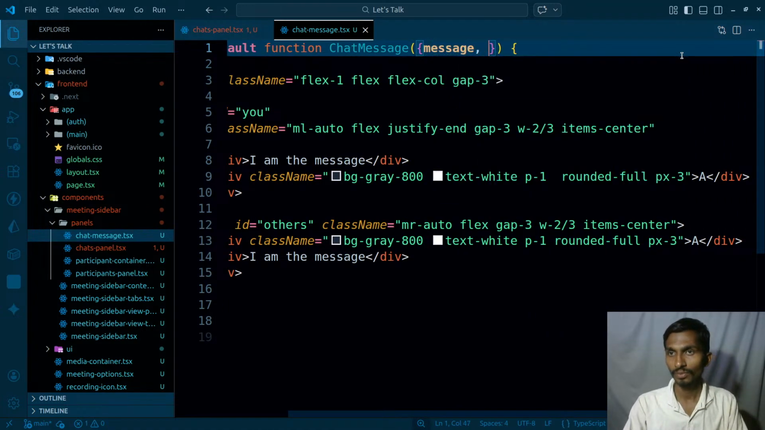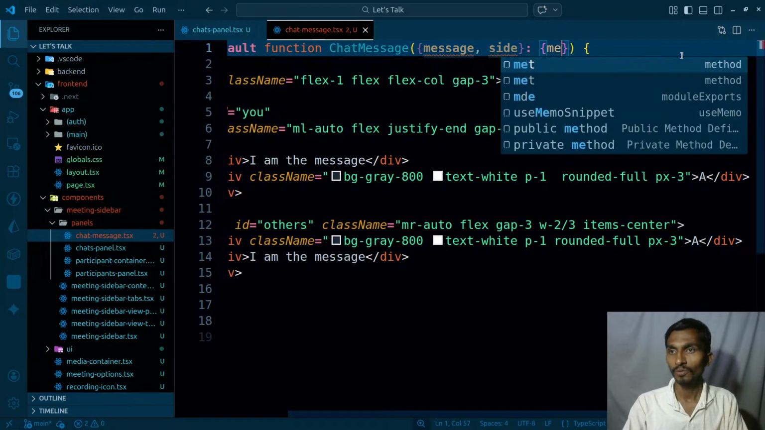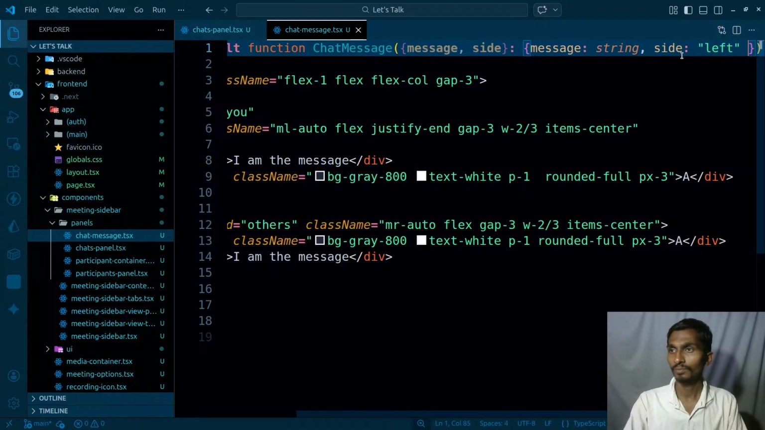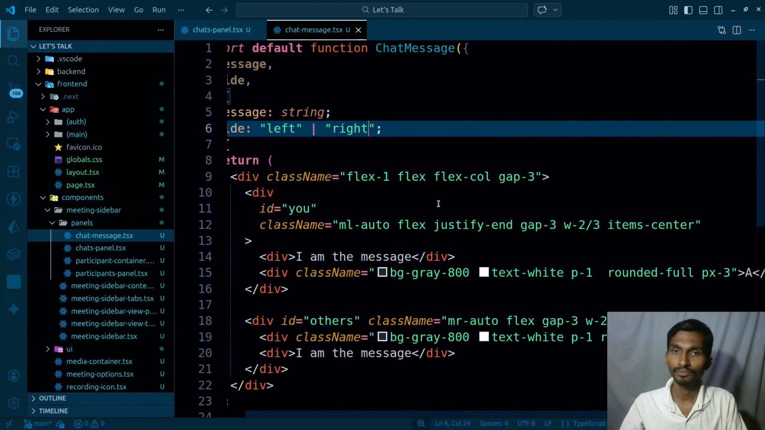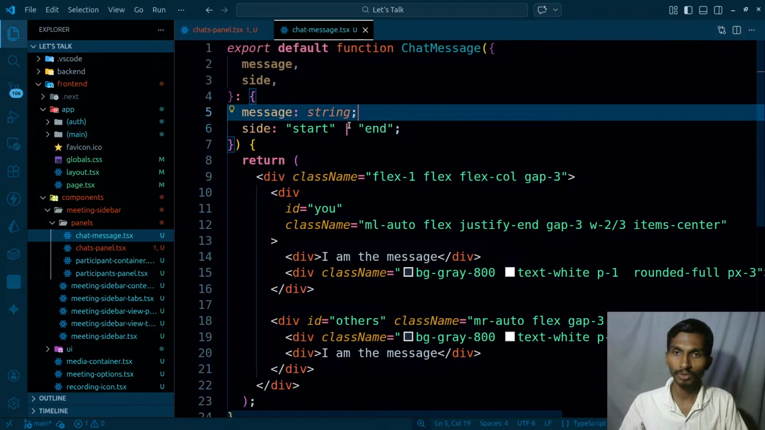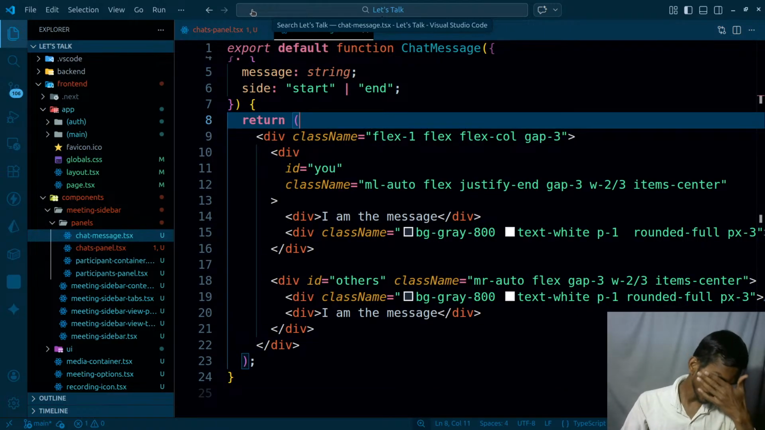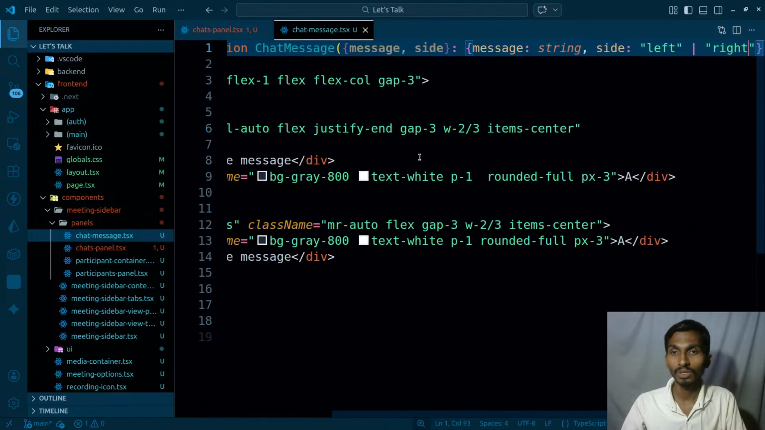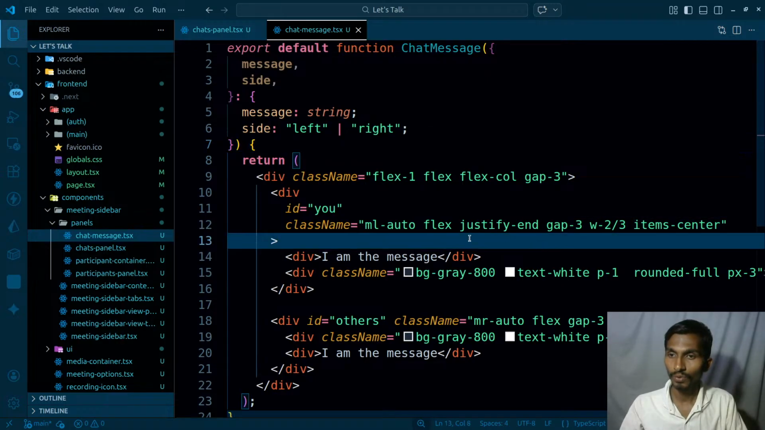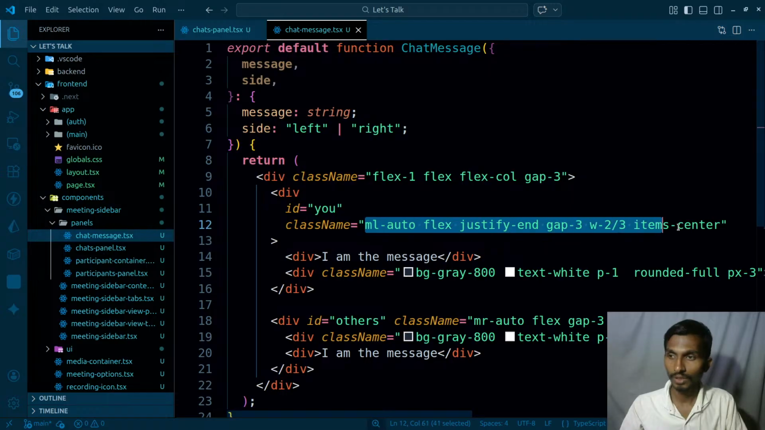Let me do one thing. Get the message. Get the side. Type of message gonna be string. Type of side gonna be left or right, or start and end. I mean, yeah, let's go with this only, because justify flex properties are start end, so even they are left right too, so I can even go with this, not really big problem. So this much I've done, and the thing is that I'm gonna be changing the style depending on the need. So first of all, Control X,